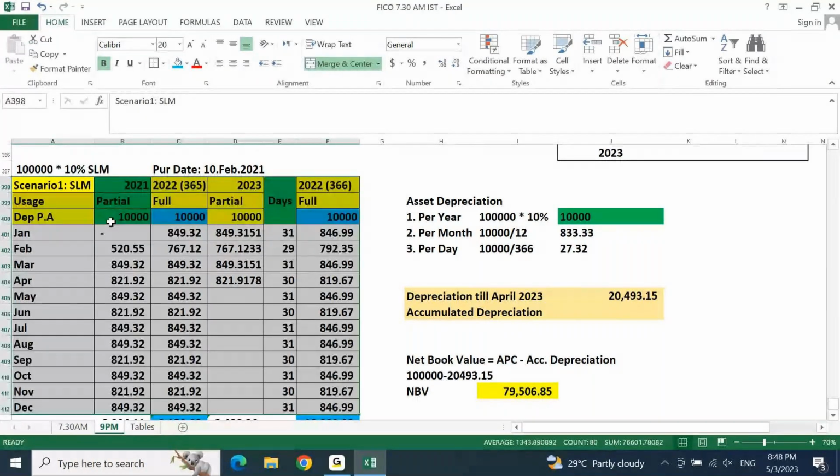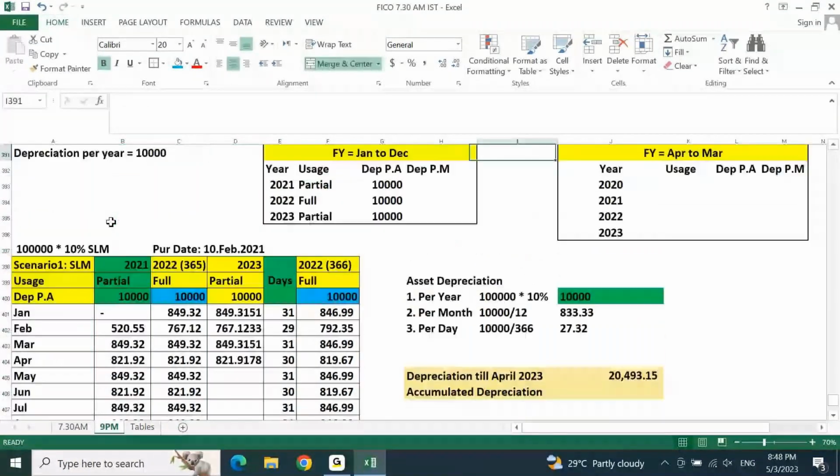After that, for the same asset, you are going to calculate according to April to March also. And then you'll have to keep two numbers in your Excel sheet. When we configure asset accounting, we are going to create the same asset on the same date for the same value. We are going to verify the numbers from SAP to ensure